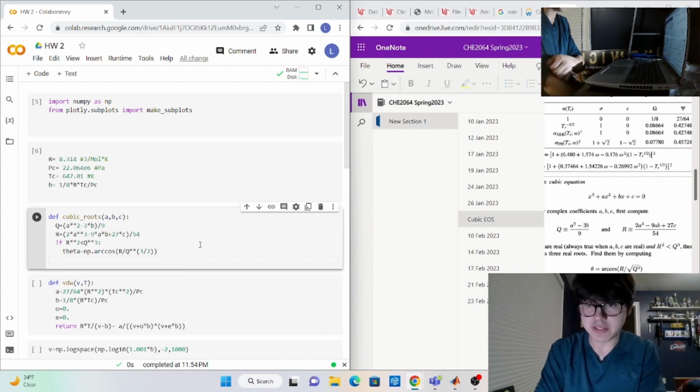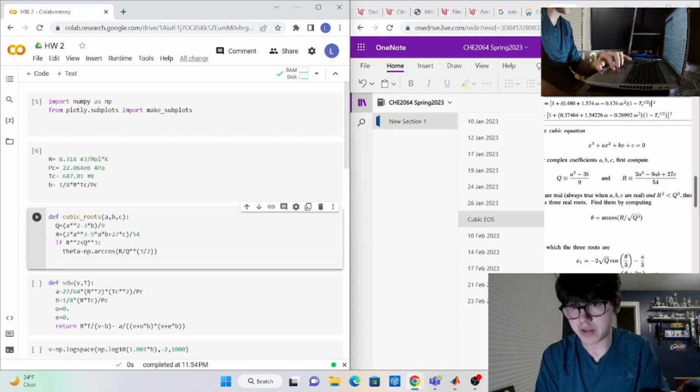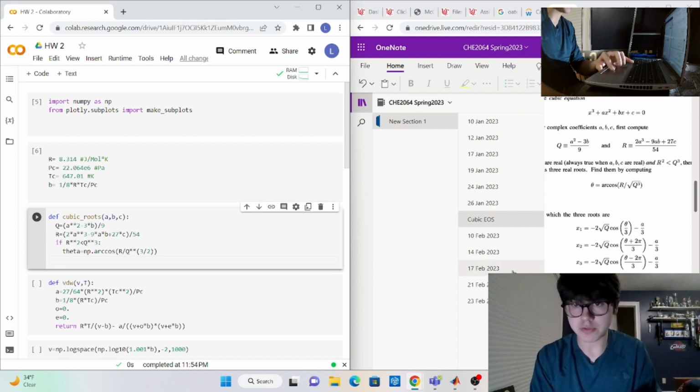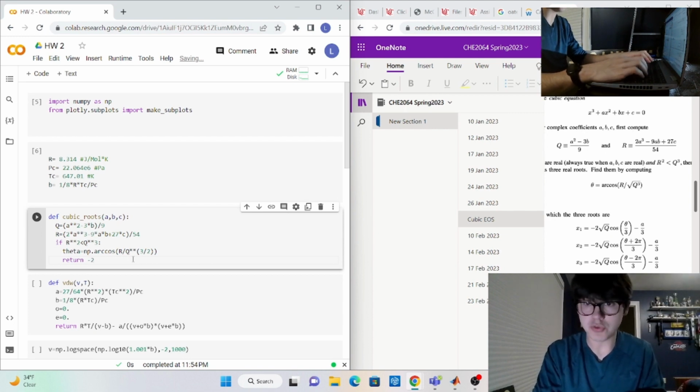So that's what theta is, and then our roots if r squared is less than q to the third power. Here are our roots here. So we want it to return negative 2 times np dot square root of q